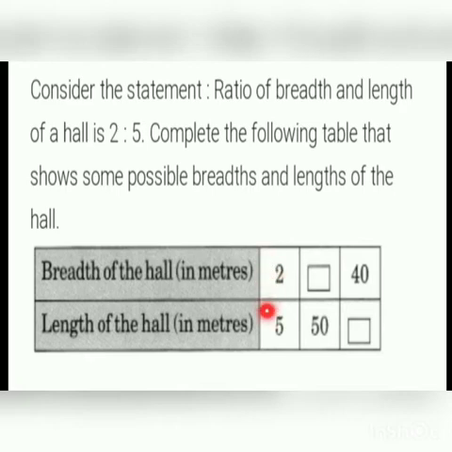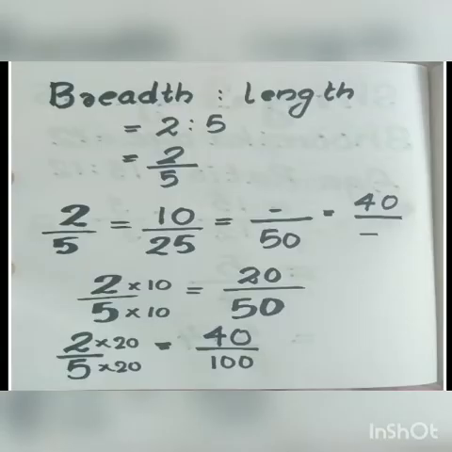First take 2/5 is equal to, first we can solve this one, then taking the second one we can solve each one separately. So given that breadth and length, the ratio is what? 2:5, that is given. 2:5 means you know it is 2/5. And also some more lengths are given, 2/5, 10/25. Here breadth is not given, here length is not given. So here both are given, so no need of finding out. Here take this case, that is 2/5 is equal to dash by 50. So we know this, they are equivalent fractions because they are expressed in the ratio 2:5 itself.